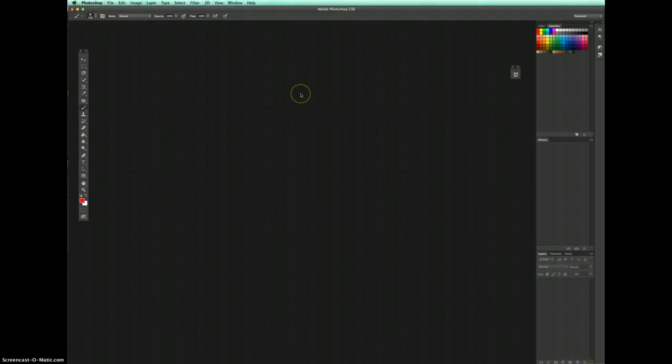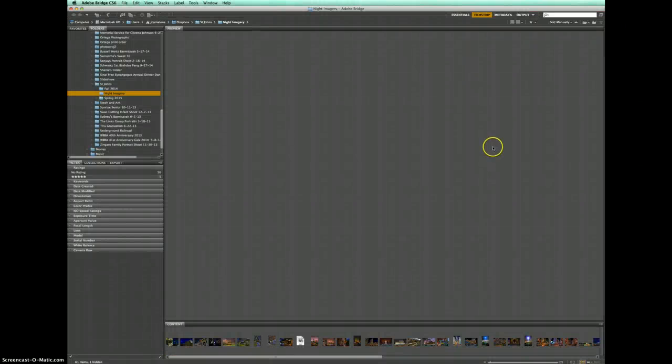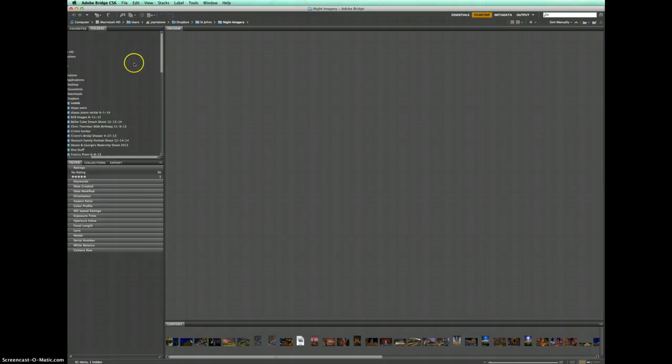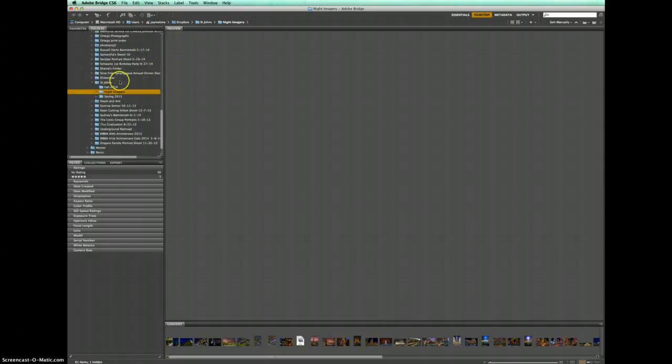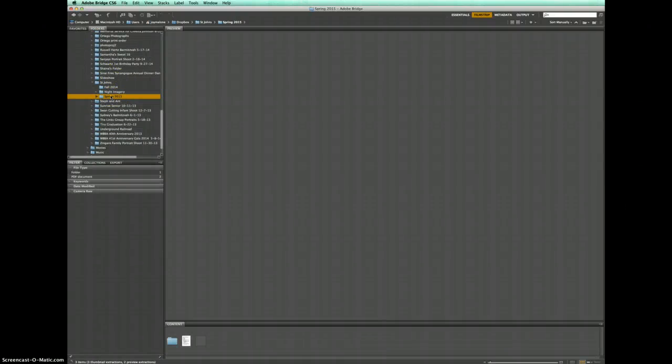First things first, we want to use an editor called Adobe Camera Raw, which exists in between Bridge and Photoshop. So we're going to look at Bridge as a program or an app created by Adobe meant for you to locate images quickly on your computer. So if you have any hard drives plugged into your computer, you see I have two hard drives plugged in right here. And then also any of the folders on my computer,